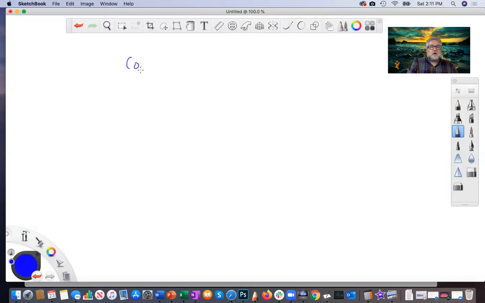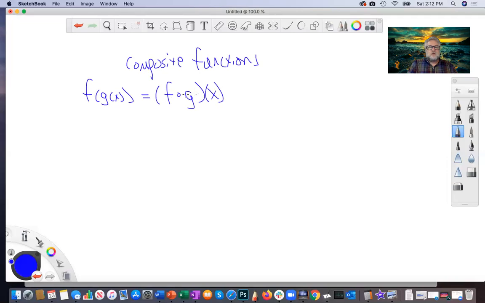Now we're going to talk about composite functions. These could be written as f of g of x, or it could be written as f circle g of x, little open circle, f o g. Not times, you've got to have that open circle, not a dot, so it looks like times. So this means, well, first of all,